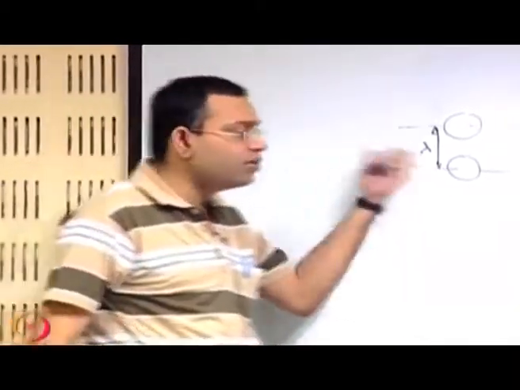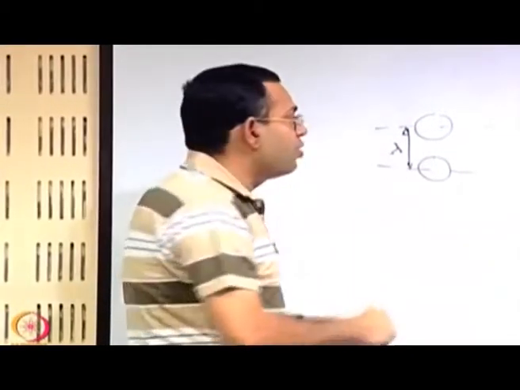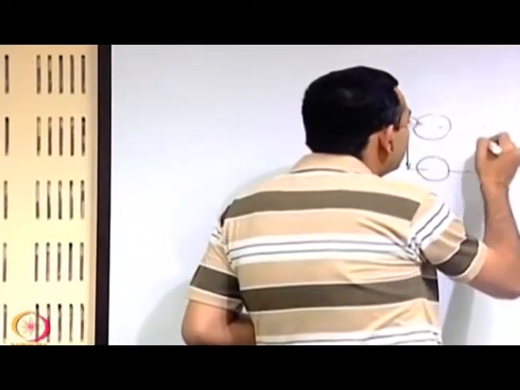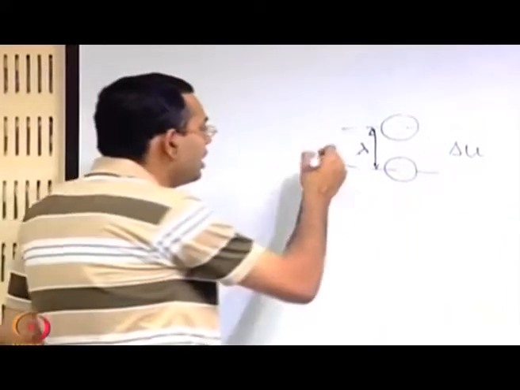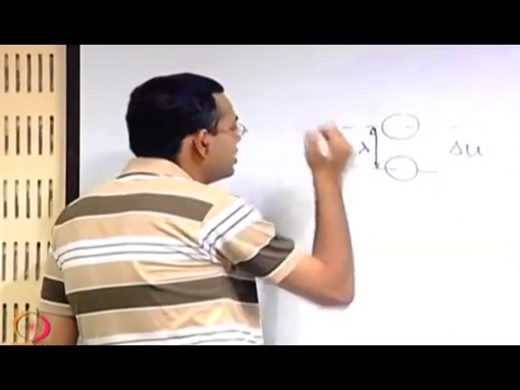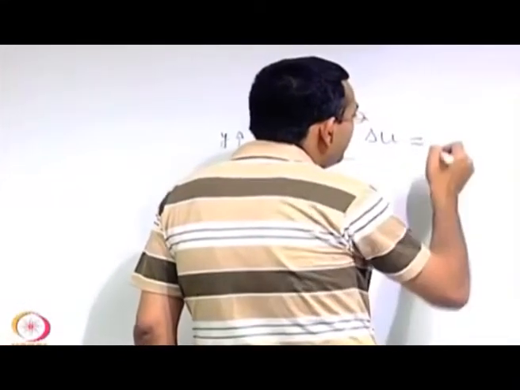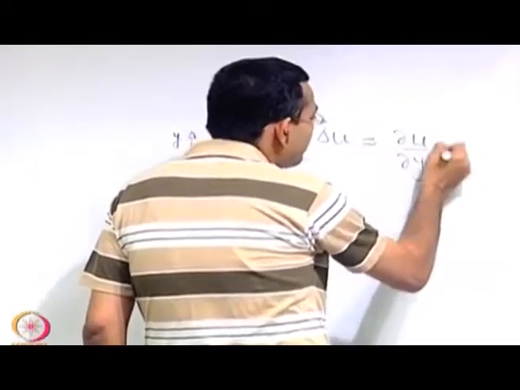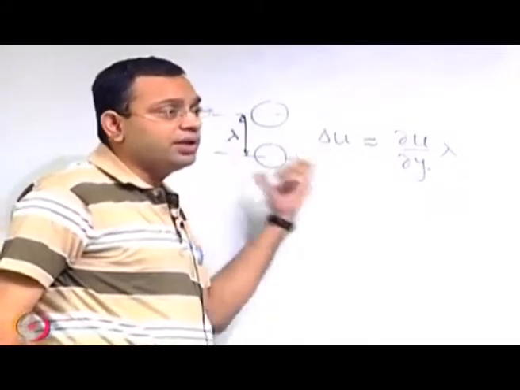So in terms of a molecular length scale, the mean free path is the characteristic length scale over which one molecule will go and interact and have a change. So if there is a difference delta u between the velocities of these two molecules, and let us say that this coordinate direction is y, then this delta u is approximately as good as the gradient in u times the length, right. This is the molecular picture.